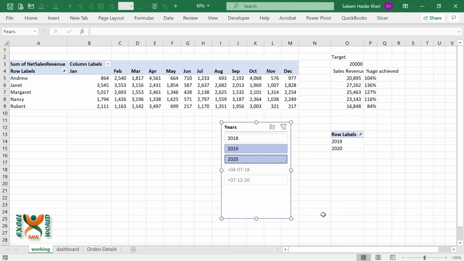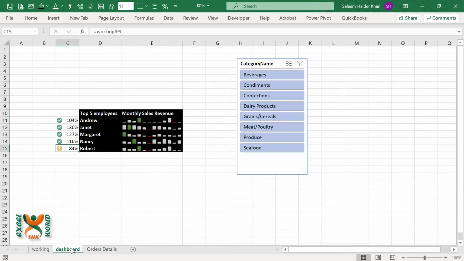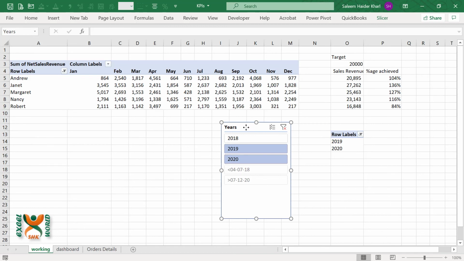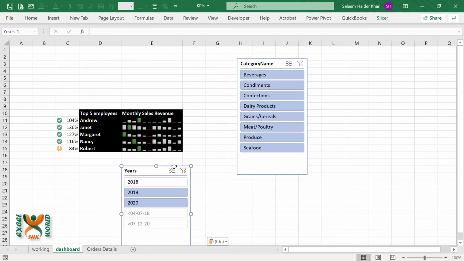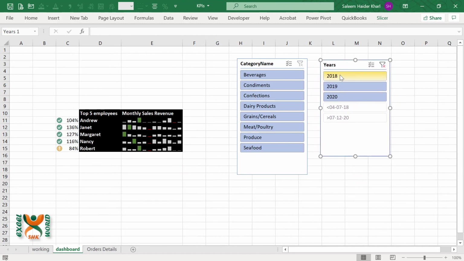So in this way we have made this dynamic, and since we have already linked this percentage with our dashboard, you can see that it is correctly showing which KPIs have been achieved and which KPIs have not been achieved. So we can bring this years filter into our dashboard and still see that this is dynamic.